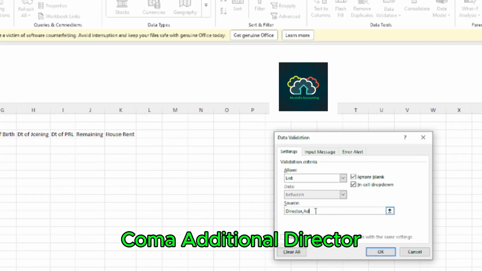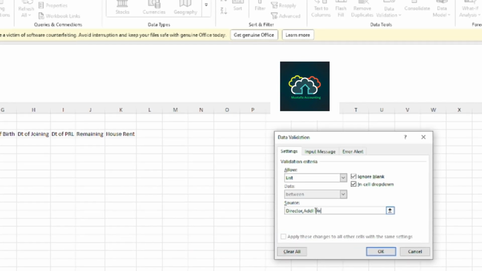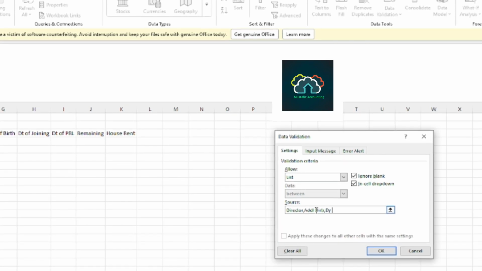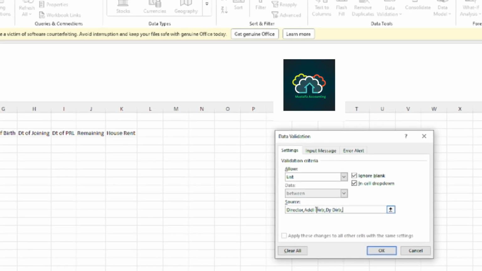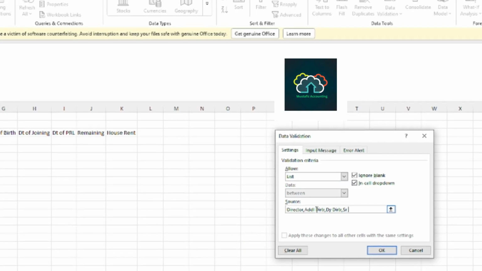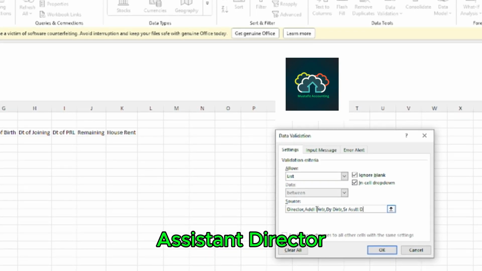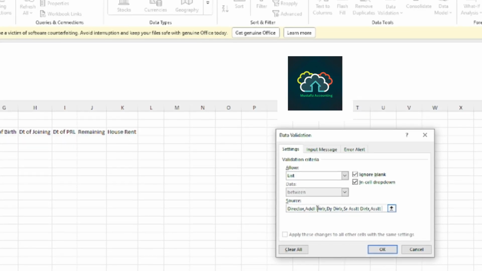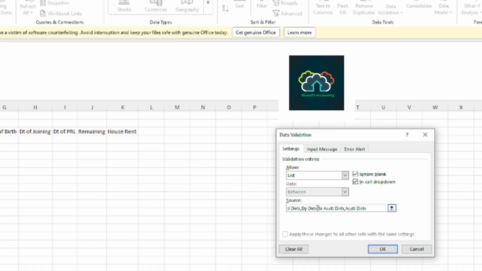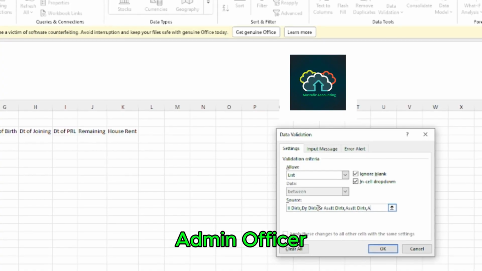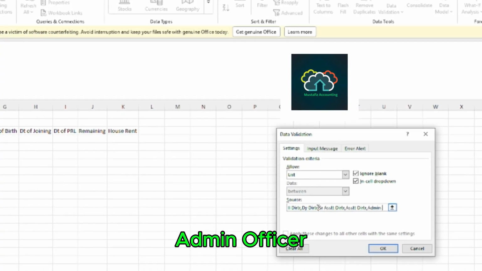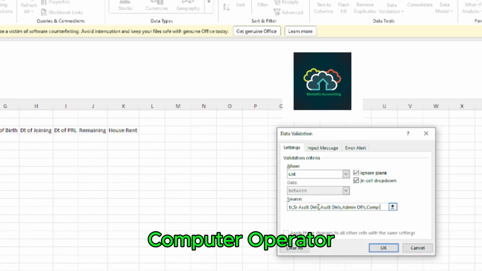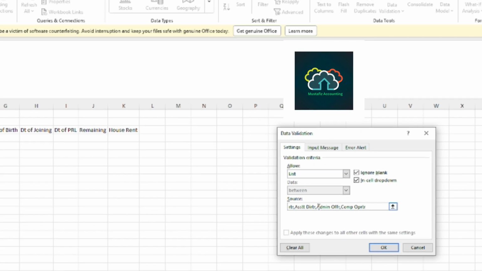comma, additional director. I can write here shortly deputy director, senior assistant director, assistant director, admin officer, computer operator. Okay,